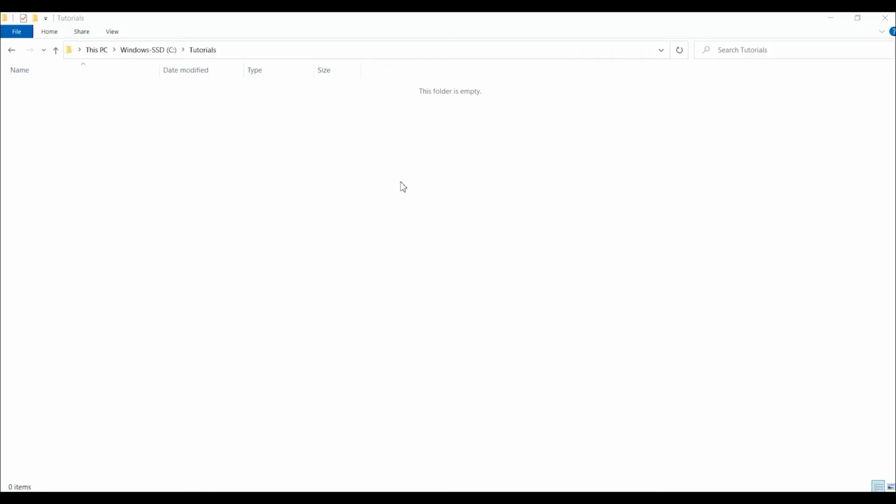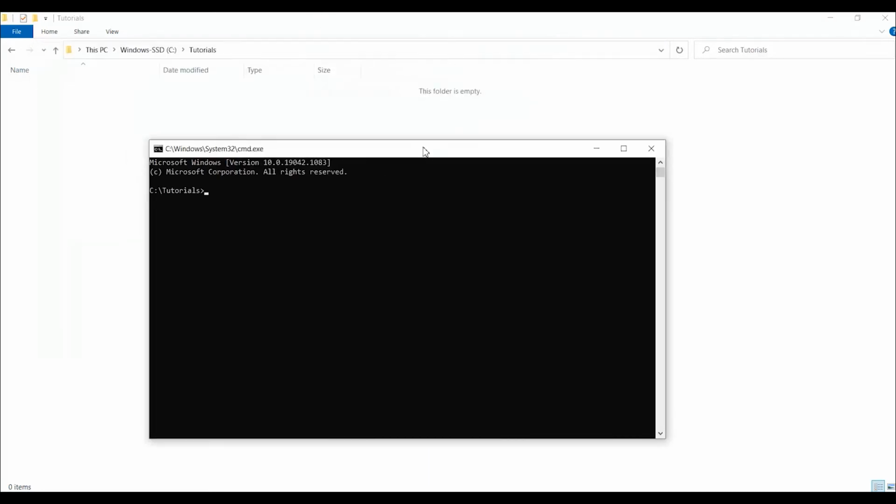So what I have done is I have gone to my tutorials folder. Over here, I will open the command prompt and I will run the command npx create-react-app my-web-app. So basically I am telling npx to create a React application whose name should be my-web-app. So as soon as I hit enter,